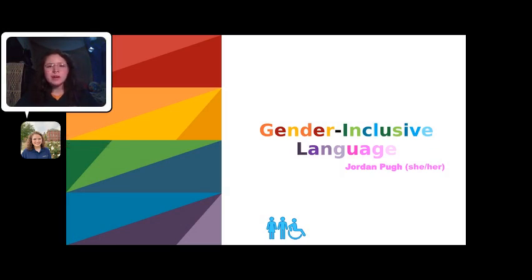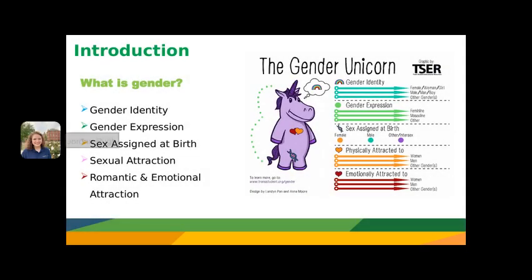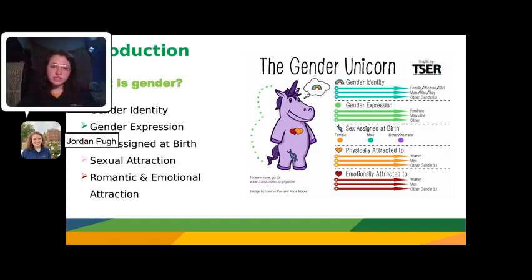Today I will be informing you about gender-inclusive language. First, it's important to denote that sex assigned at birth and gender are two distinct concepts. Biological sex consists of physical and physiological characteristics and is often limited to a binary. The gender binary is a system of gender classification in which all people are categorized as being either male or female, or feminine, masculine, no in between. This gendering system has become outdated.